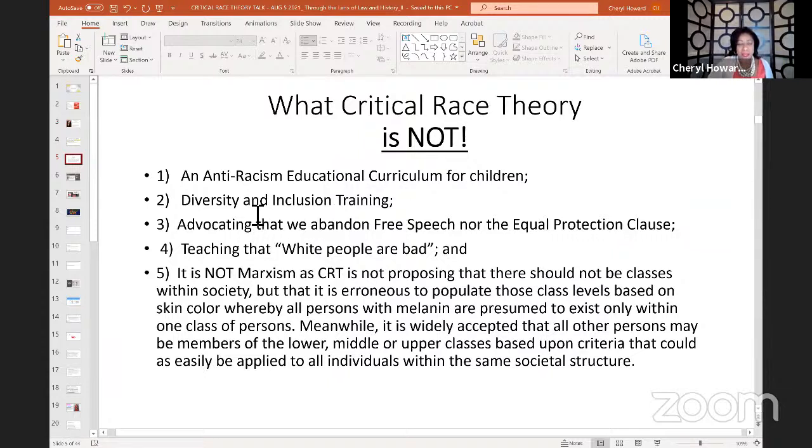And again, I have heard on so many networks, and I have seen in several newspapers that critical race theory is about advocating that we abandon free speech, and interestingly enough, that we also abandon the Equal Protection Clause, and that is not true as well. Also, from cover to cover of the book, I have not seen any place in it where it teaches that